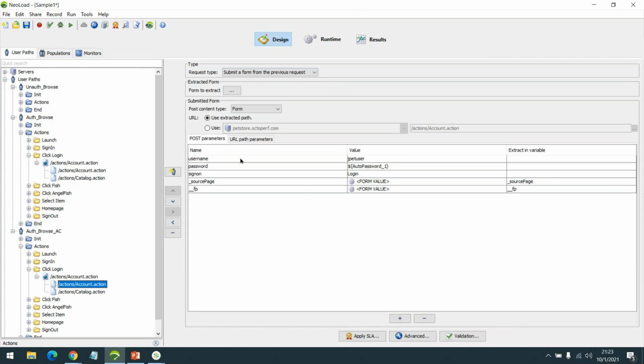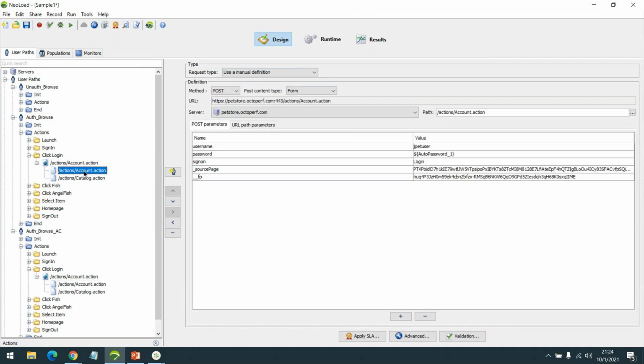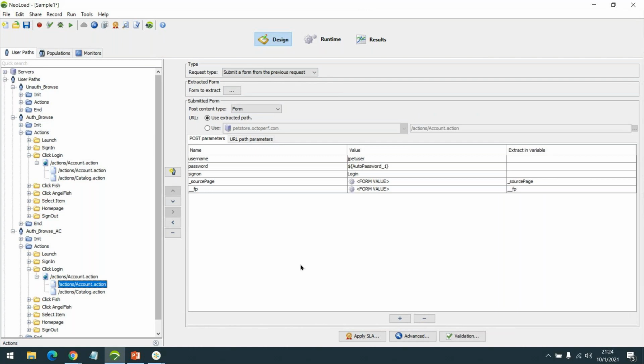Let's see what all the changes are. The first change is that the request type itself has changed. NeoLoad has the ability to change your request type itself, and that is what happened here.